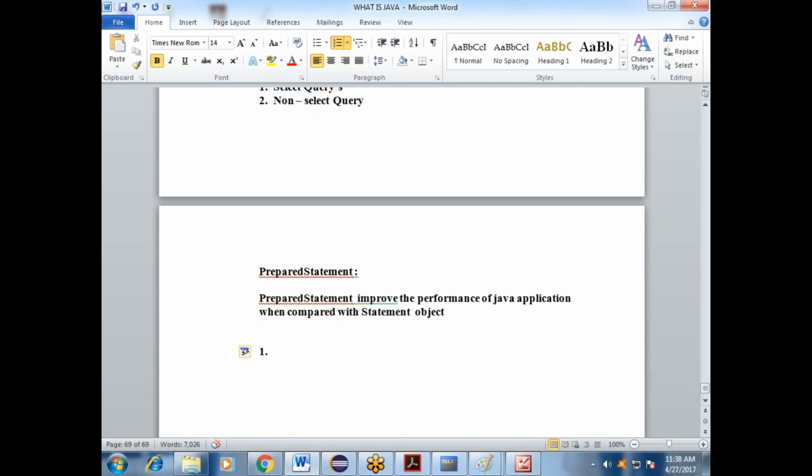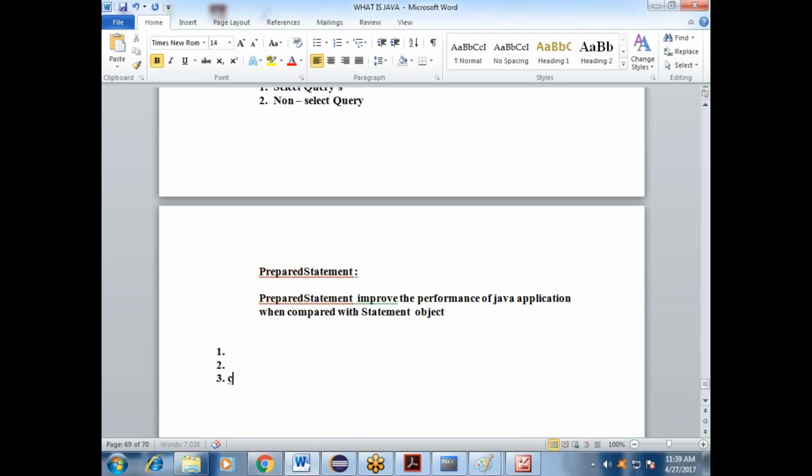Hello? Just now I told you, right? 5 steps. Here some steps will be extended, some information will be included. They will do the same: register the JDBC driver, then get the connection from the database server. Got it? And then create a PreparedStatement object by supplying a query as input. That query must contain positional parameters. You have already done steps 1, 2 and 3.